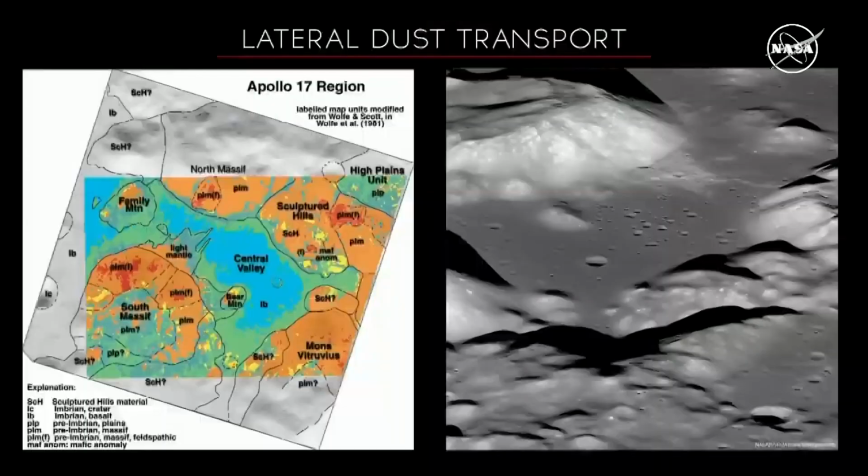There's been some discussion also about whether dust is moving in the Terminator. When the Terminator comes by, there's some suggestion that there are variations in the electrical current, which some people have suggested would cause dust to levitate. So I want to talk a little bit about that particular issue as well. And this concern was raised before Apollo, and Apollo, I think, provides us some pretty conclusive proof that it's not